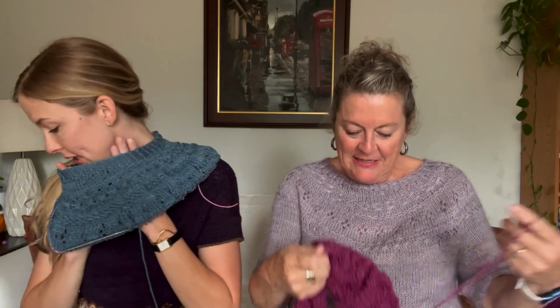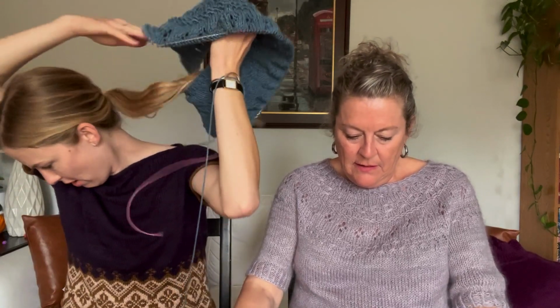Really cute. Thank you. And I do forget aspects of a pattern if I haven't knit it relatively soon from when I'm knitting now. And I forgot that there were short rows in the front and the back. Yeah, I know. I texted you, do you do this? I do. Isn't that cute? That's really cute, Kate. I actually don't know what size I'm gonna make because my gauge is pretty off. It was quite off. It's really pretty though. Thank you. But the good thing is you really don't have to pick a size until you get past the